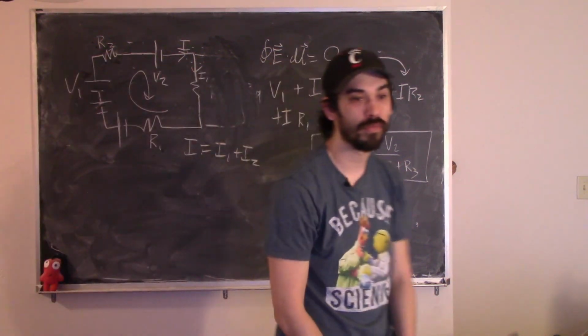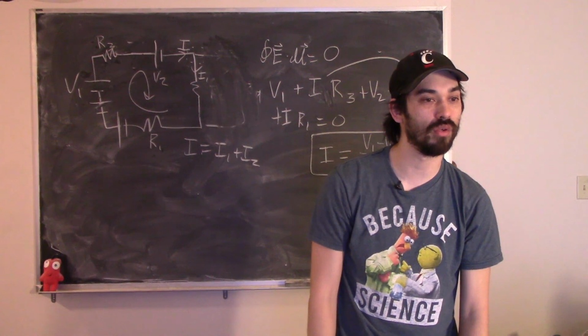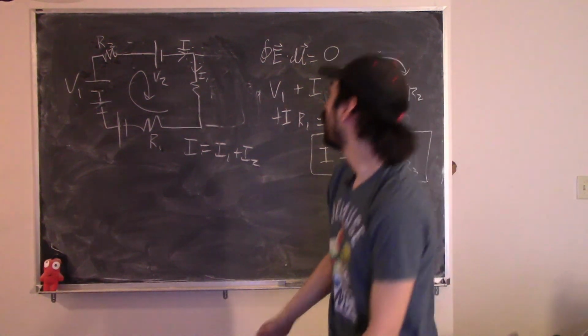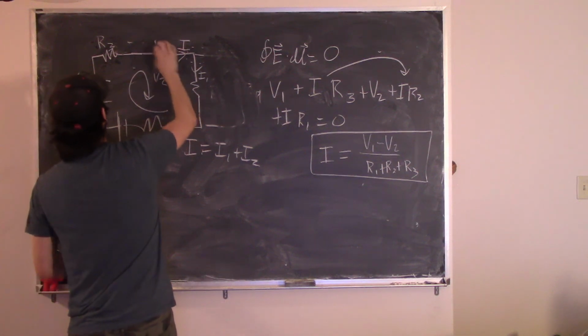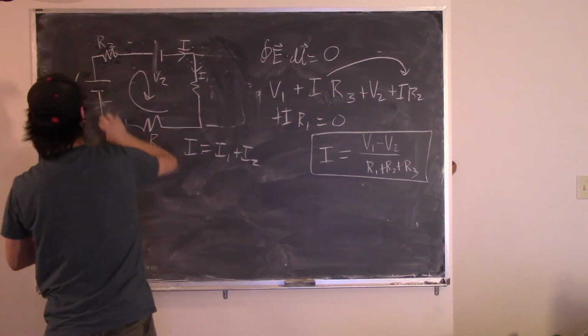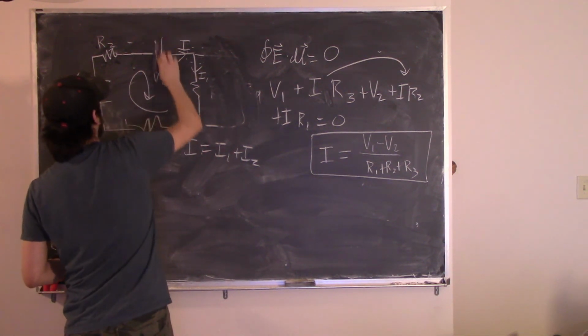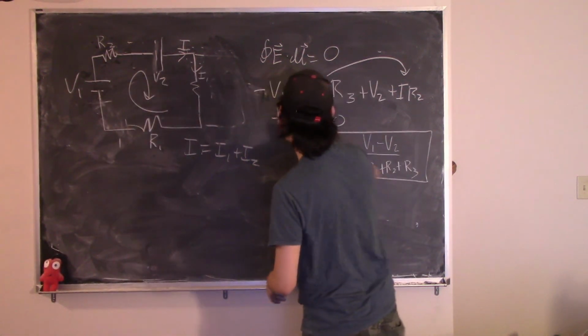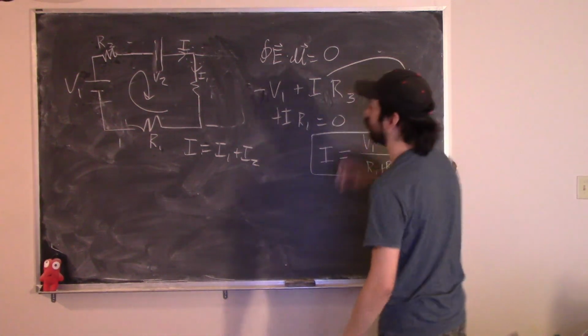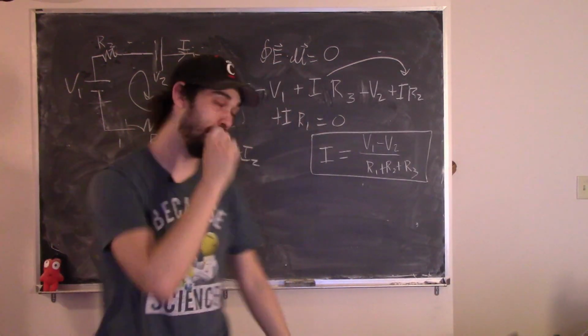Yeah. What if V2 is inverted? If V2 is inverted, let me go back to the way that it was before. If I had V2 like this, that means that when I get to my equation here, this was a minus V1, this becomes a minus V2. Because the rule is,